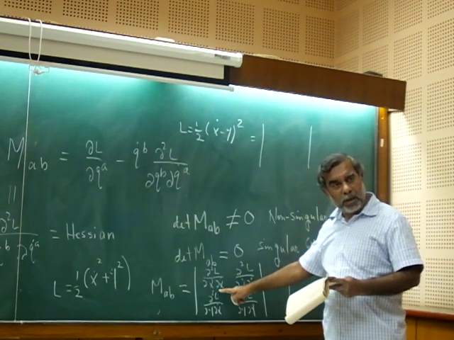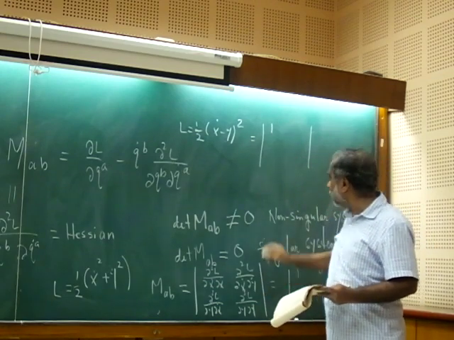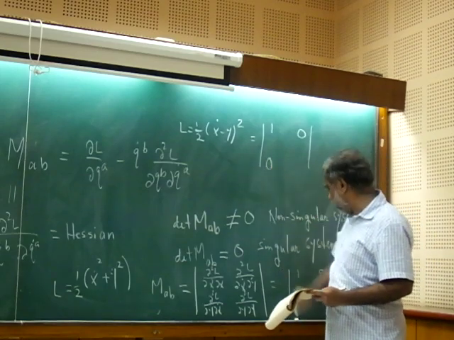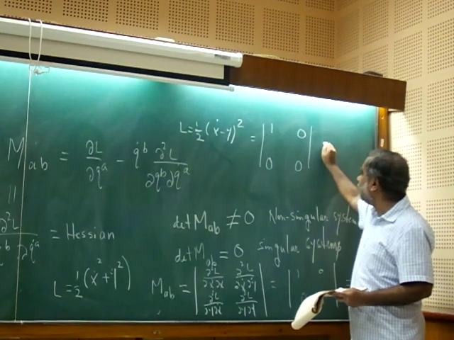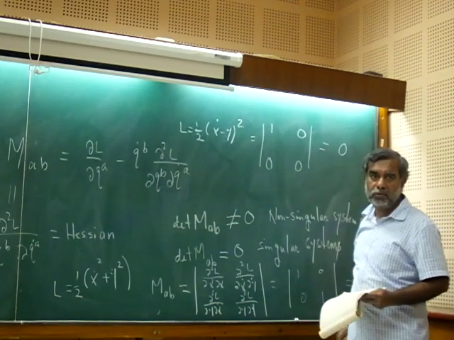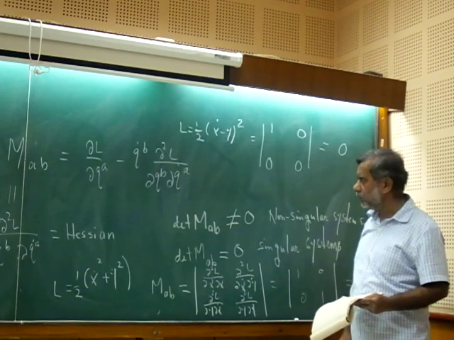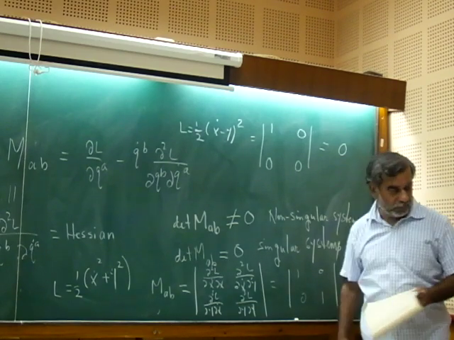So what is that? This is 1. This is what? 0. This is 0. Y dot is 0. The determinant is 0. Therefore, this is really a singular system. It's a constraint system. Okay? So this is a very simple way of